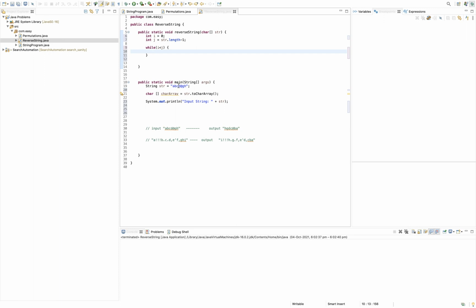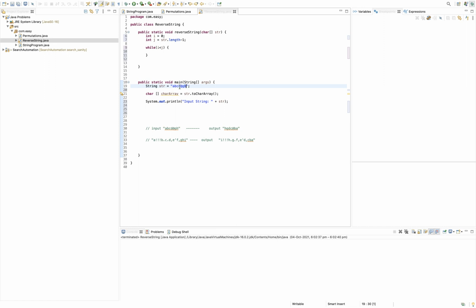So guys, to check, let's take an example. First, it will check the ith index. If it finds an alphabet here, we need to see the jth index also. If it finds the jth element also as an alphabet, we need to swap the elements because we need to reverse only alphabets.